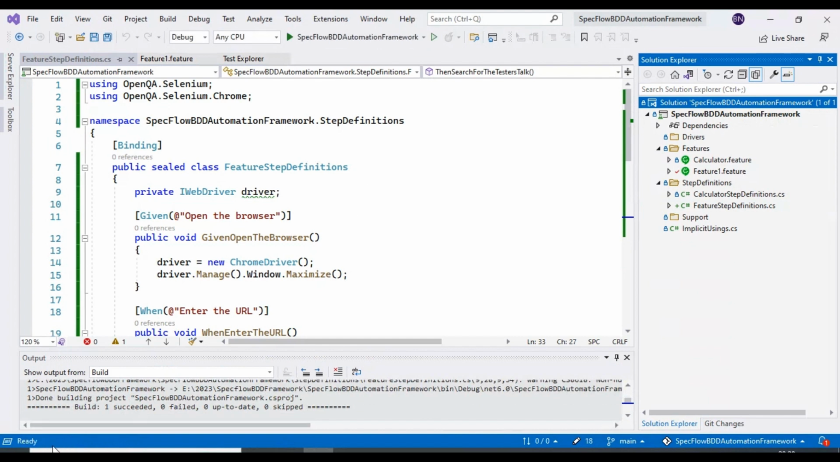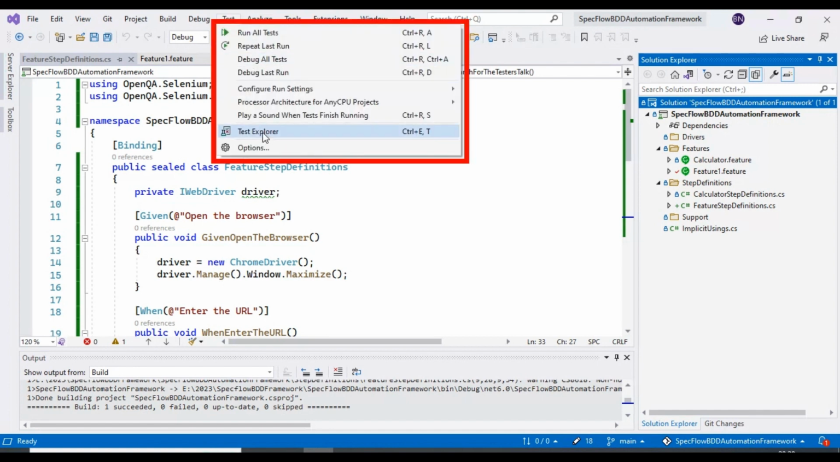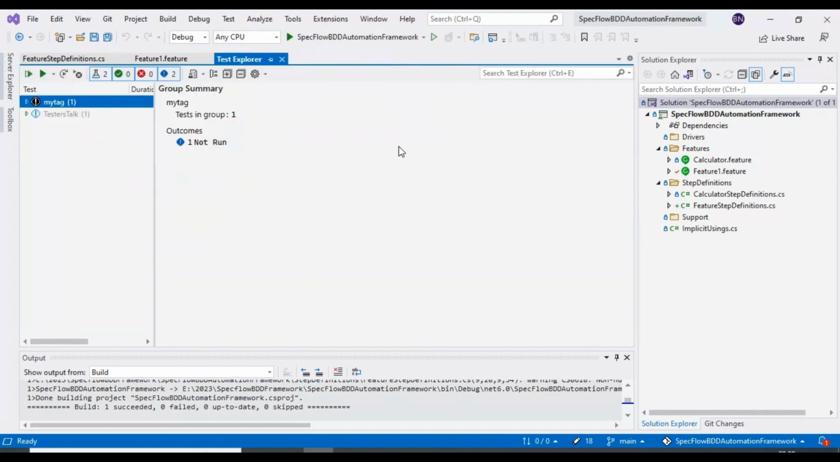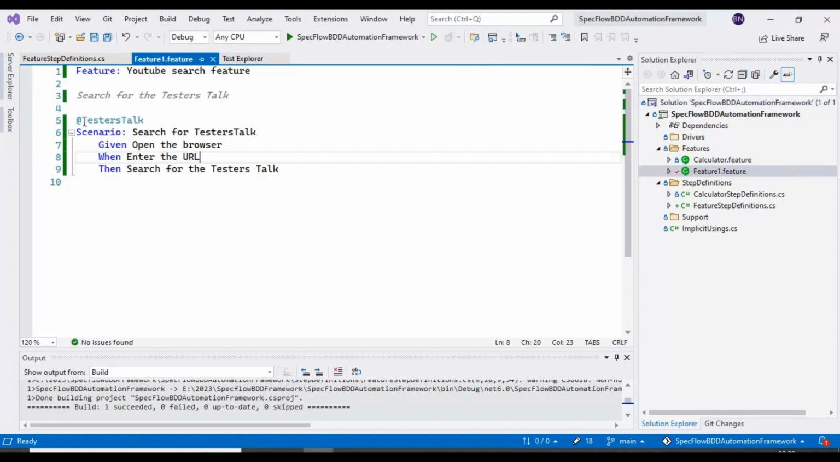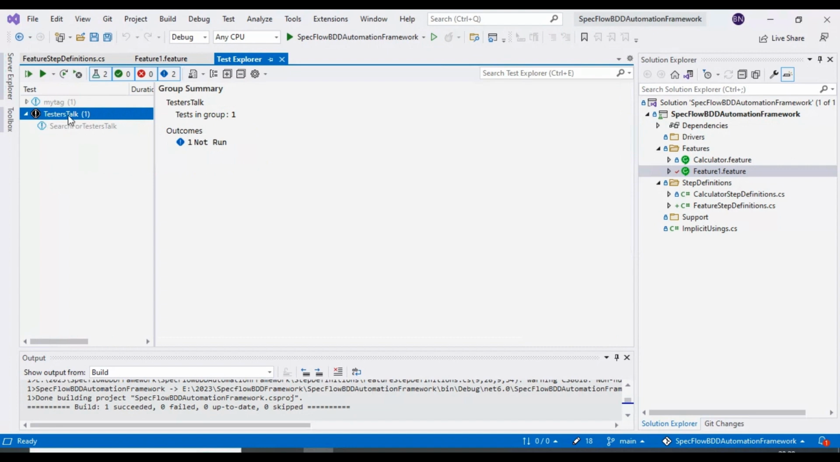So once the build has succeeded, you can go to Test and open the Test Explorer. If you look on the left side, you will see a group called tester stock. This name comes from the feature file. If you go to feature1.feature, I have provided the tag name as tester stock. That's the reason one group called tester stock is created, and inside this one there is